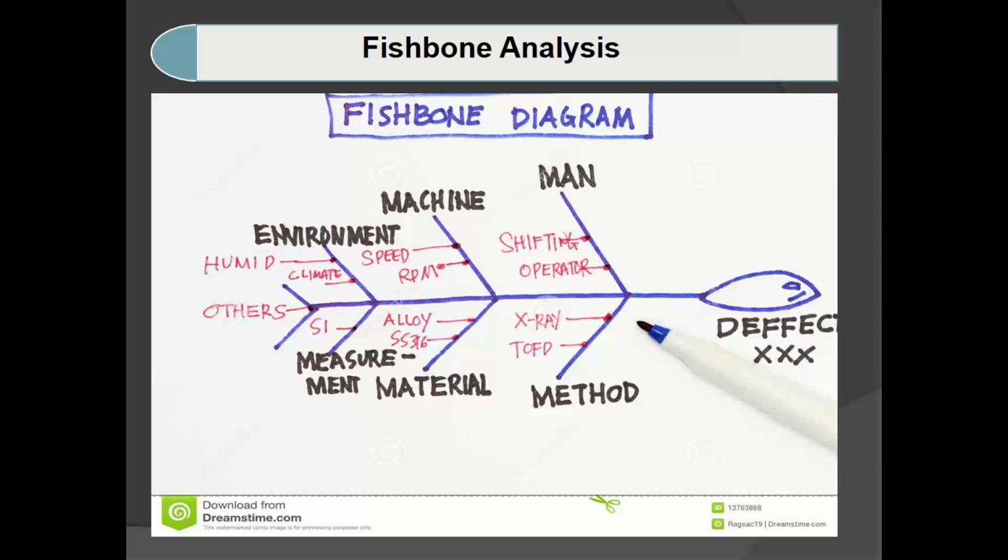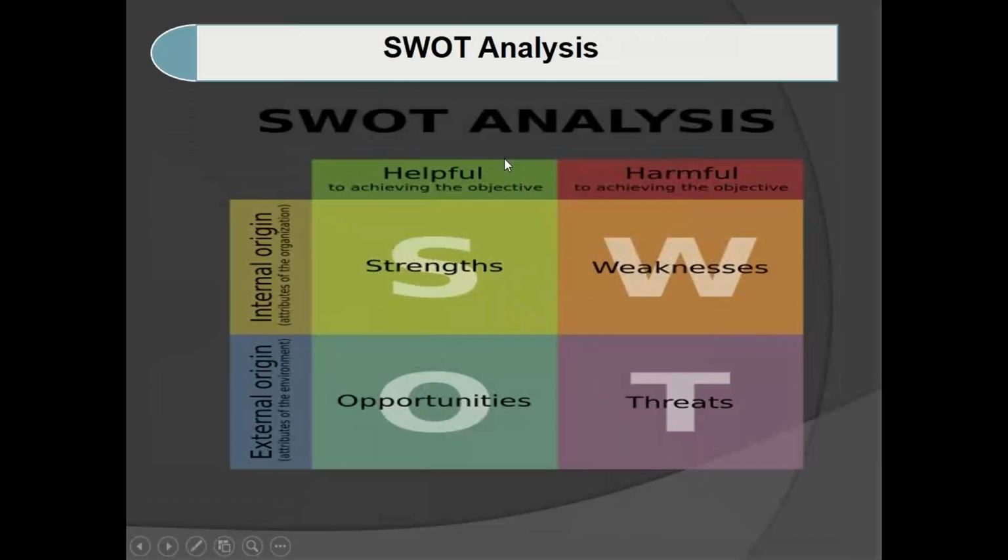So in this way, the fishbone diagram helps us to select the proper option when multiple options are available to solve a particular project. So depending upon the defects and everything, we are going to take this decision. Okay. But Pareto analysis and fishbone analysis are outdated. Then the next, third one is SWOT analysis. So SWOT.